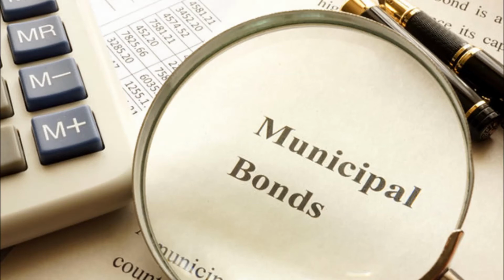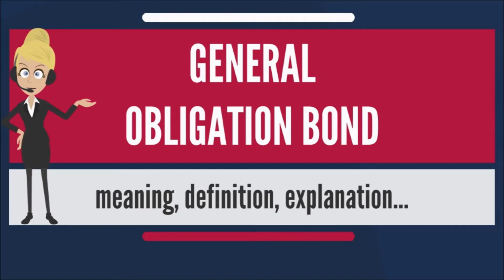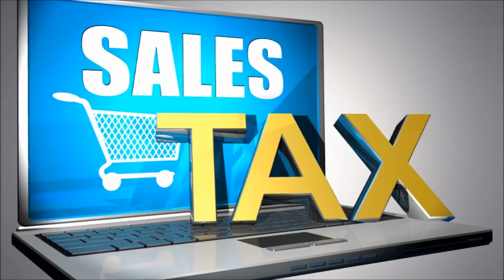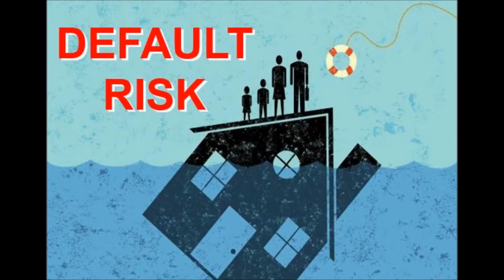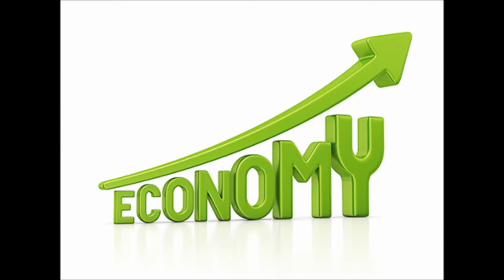Now, there are two different kinds of municipal bonds that we'll look at. The first is a general obligation bond, which is backed by the full faith of the municipality that issued it. The collateral that secures these bonds are the government's various streams of income, such as income tax, sales tax, and property tax. From the investor's standpoint, you do need to be aware that there is some risk of default involved with general obligation bonds. To assess this risk, you should analyze the general economic condition of the town or the county that the government has jurisdiction over.